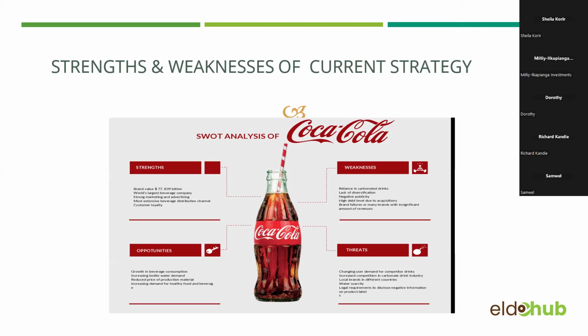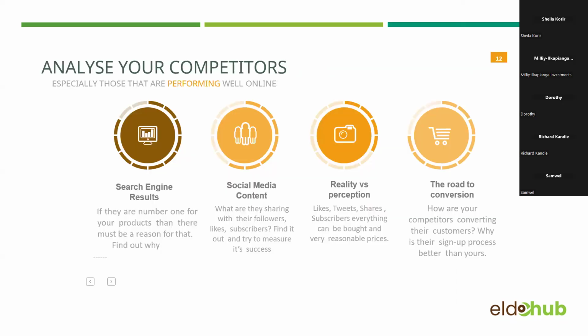So the fact that there are other emerging competitors, that's a big threat for Coca-Cola. And then water scarcity. Imagine, Aisha, people said that the biggest commodity in future is going to be water. So there's that scarcity of water. So it's going to be a challenge for Coca-Cola to keep making this, because I think 70%, a bigger chunk of what is in Coca-Cola, is water. So it's water and then the other chemicals that are mixed to make that drink.